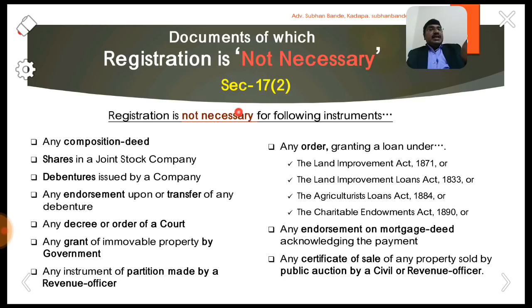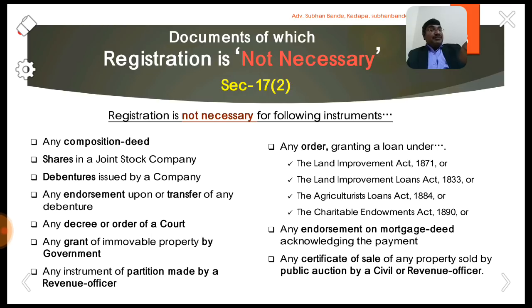Any composite deed, shares in a joint stock company, debentures issued by a company, any endorsement upon or transfer of any debenture. Here: composite deed, shares, debentures, endorsement of the debentures of a company, decree or order of the court other than those mentioned in the previous slide, any grant of immovable property by the government, any instruments of partition